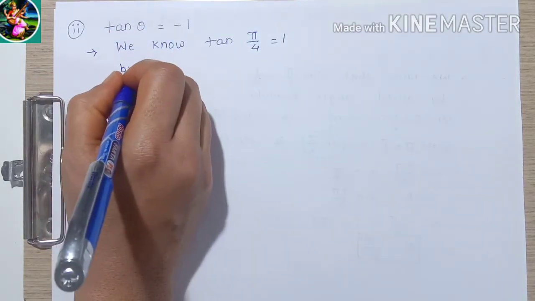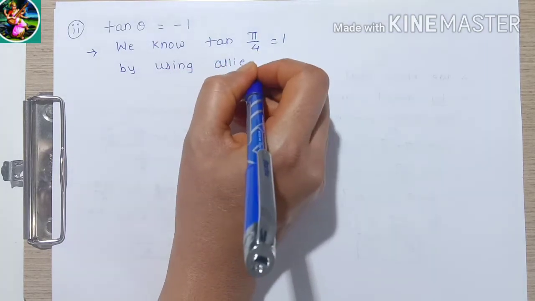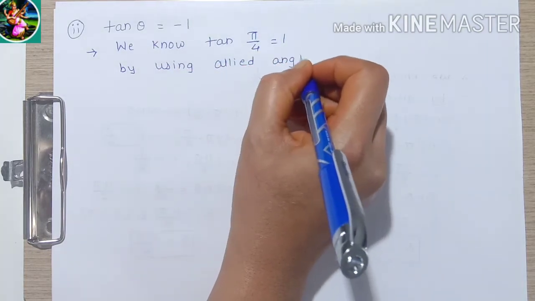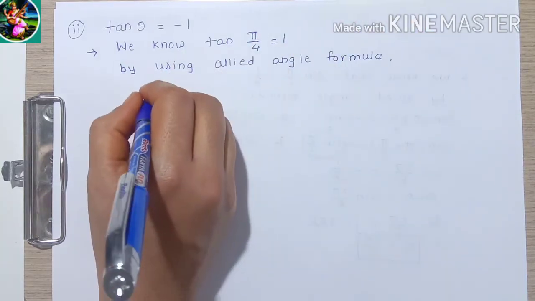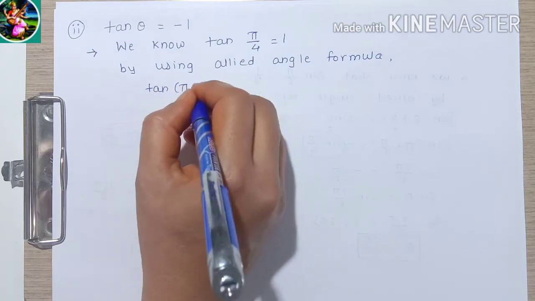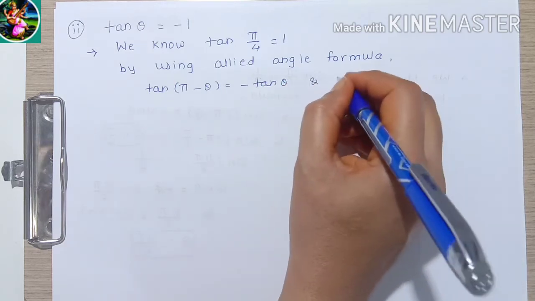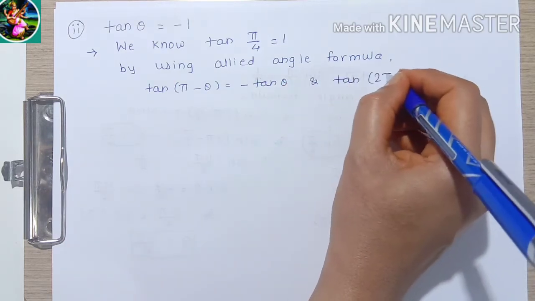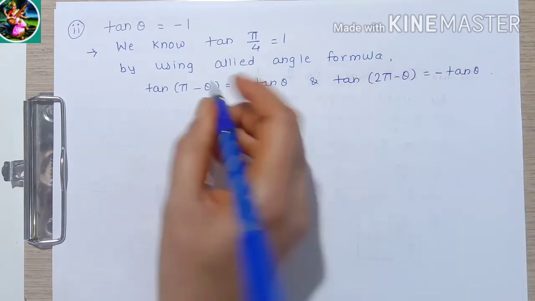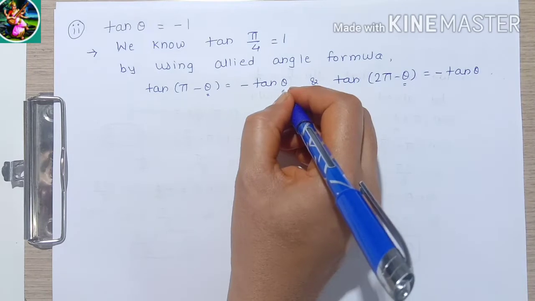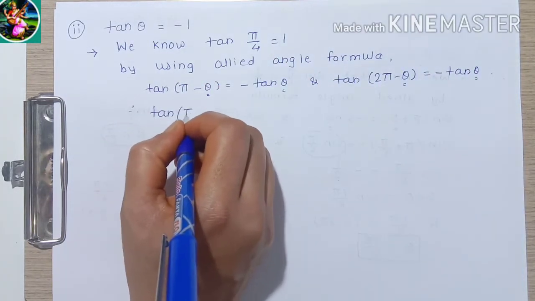By using the allied angle formula, tan of pi minus theta is equal to minus tan theta, and tan of 2 pi minus theta is also minus tan theta. Here we substitute theta by pi by 4, that is